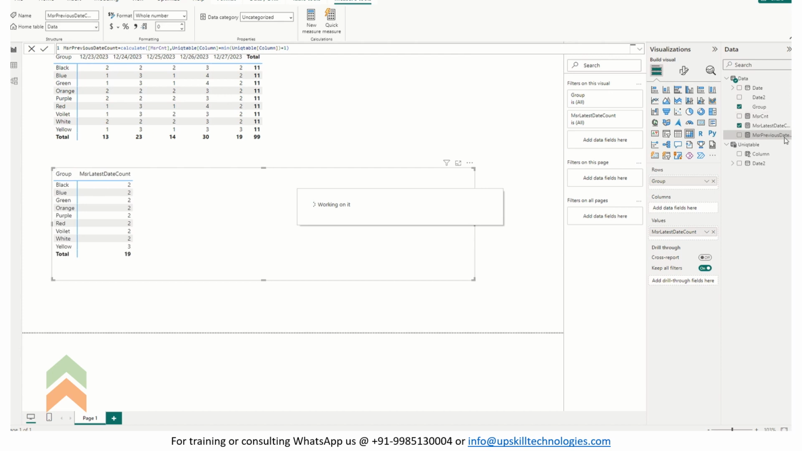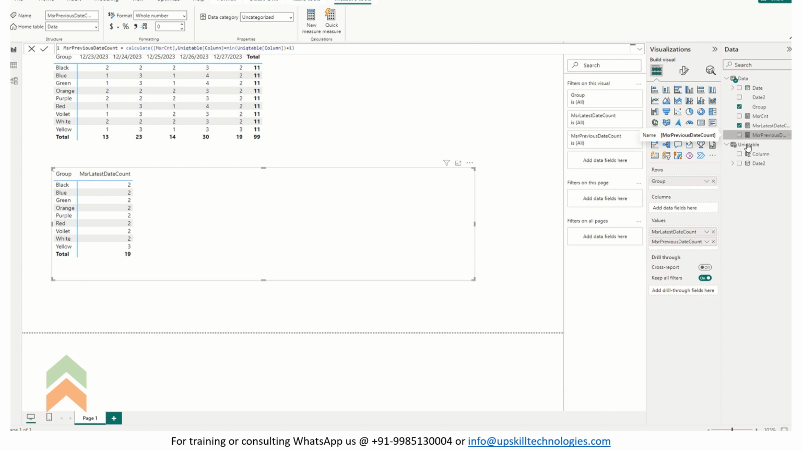So I have got two measures now. So if I pull this measure as well, then I have got the data as on 26th of December. Right, so I can change this, rename for this visual latest date, latest date count, and